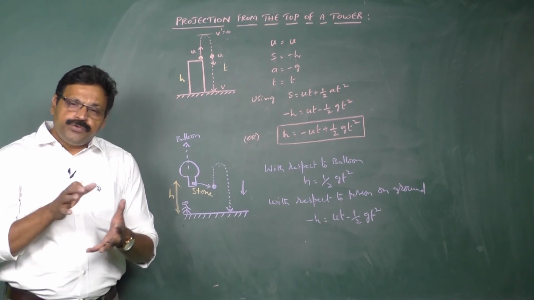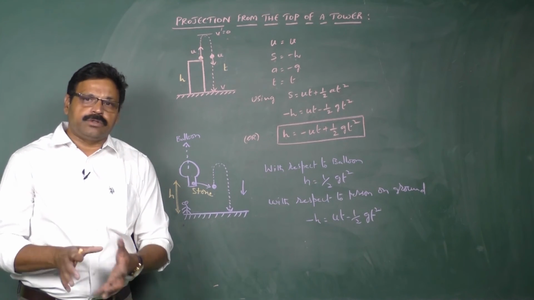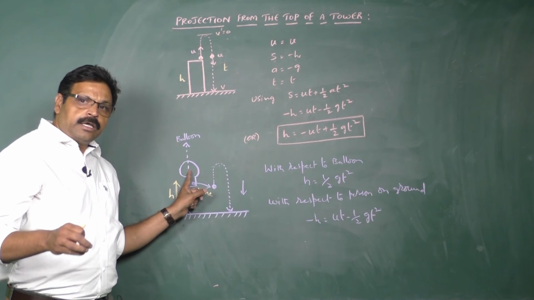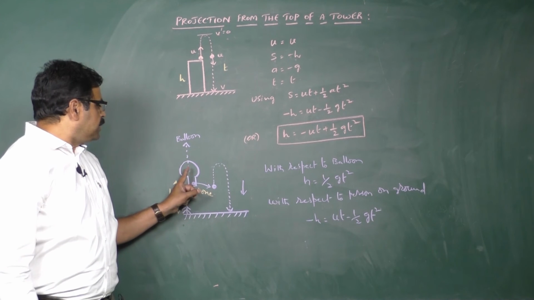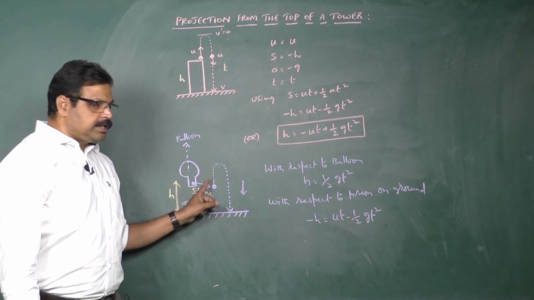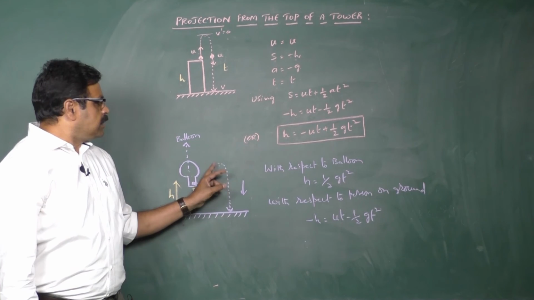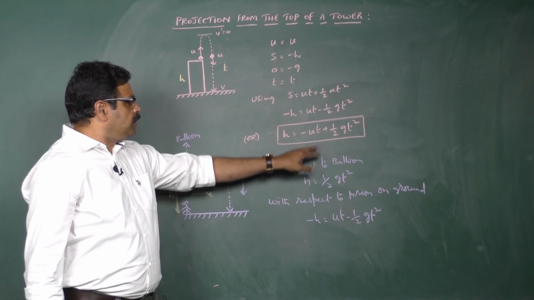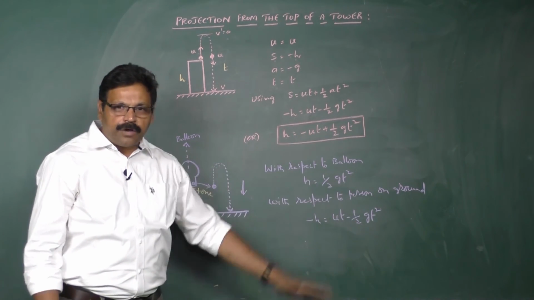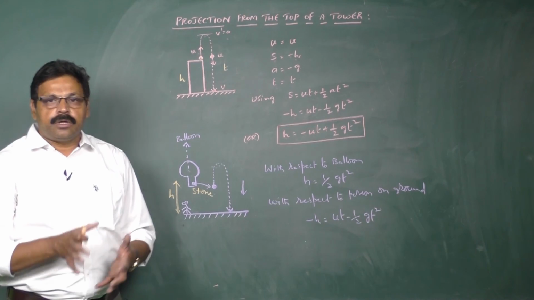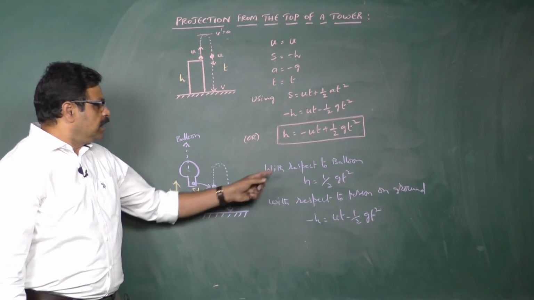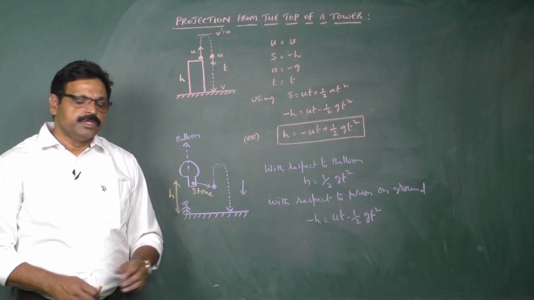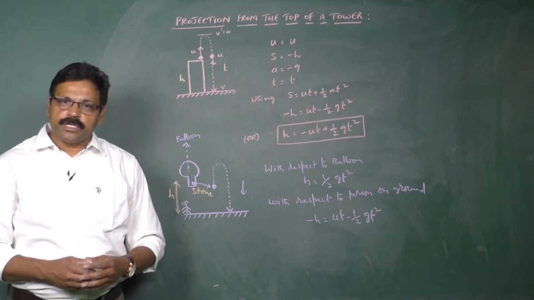But whereas if you look at the motion of the stone with respect to the balloon, the person inside the balloon always thinks that it is falling under the influence of gravity. That is the reason he treats the stone velocity as 0 and substituting 0, the body is freely falling down. That means when you are making u as 0, h is equal to half gt square. So depending upon the relative positions, the equations will be varying. So this is one of the crucial equations of motion where you can find out the height of the given tower.